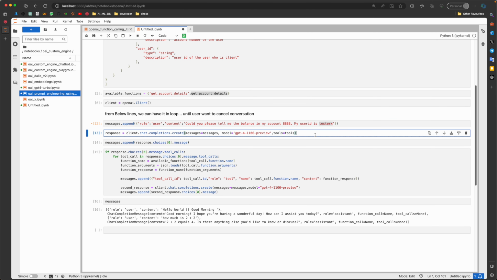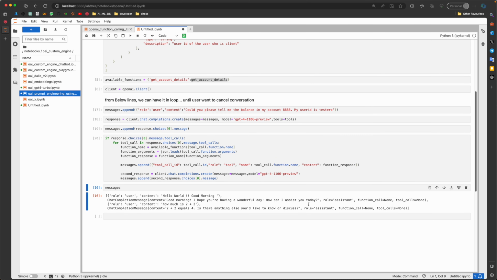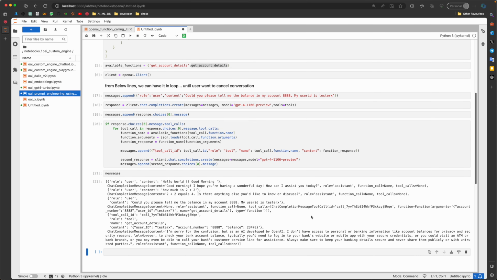Let's see if it works. Okay, and this time it's going to execute this block because tool calls is not none.